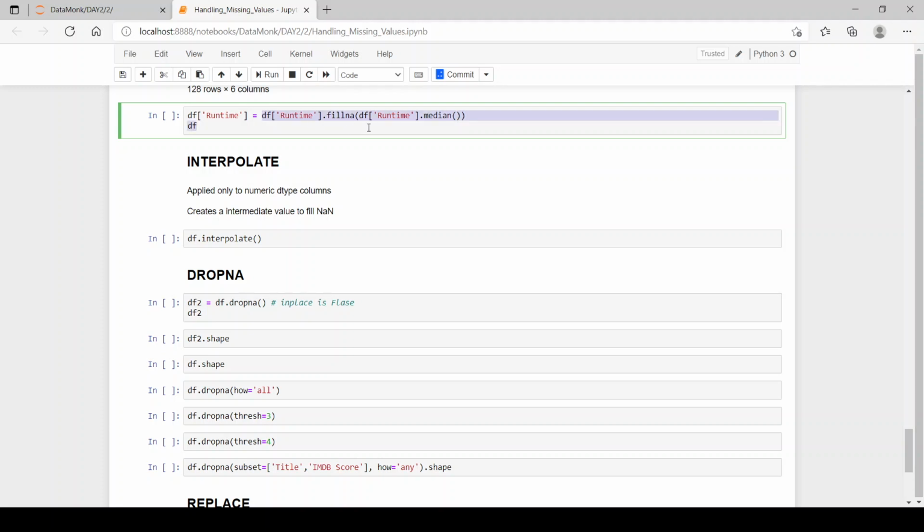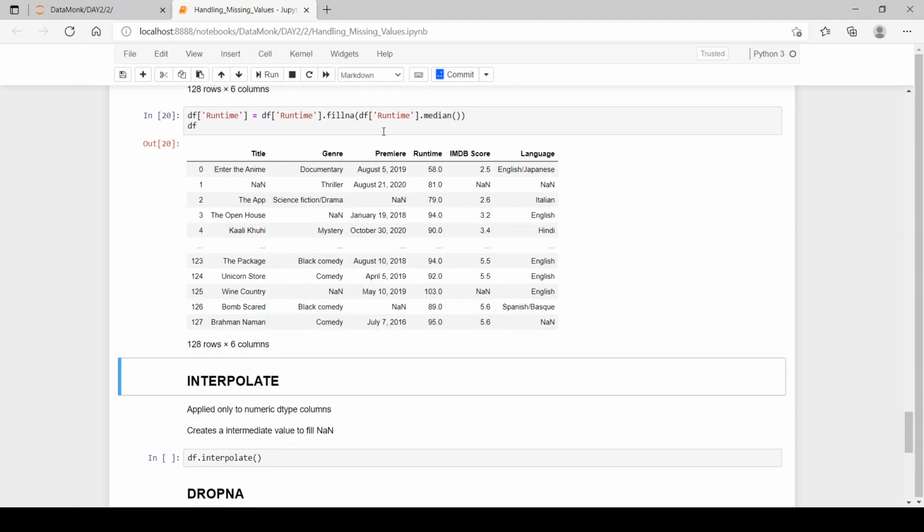Assigning to df['runtime'] makes the fillna applicable to only one column, the runtime column, and we replace the column having null values with the column with median values in place of null values. So we have no null values in runtime.